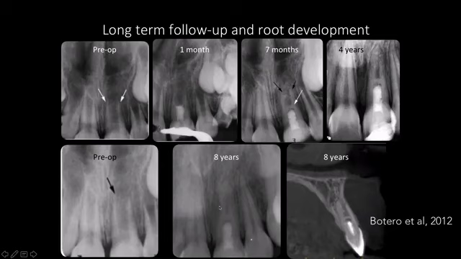As you see, after 8 years of follow-up, we can see here with a CBCT scan some bridging of the tooth and root formation. So this is what endodontics is nowadays trying to go forward for, much more modern techniques, even using the same potential of the stem cells that the patients have in their mouth.